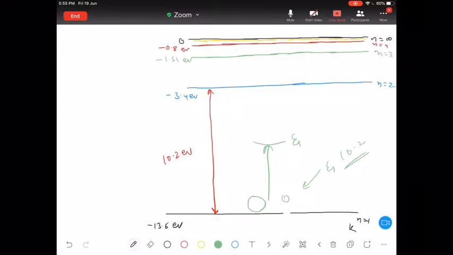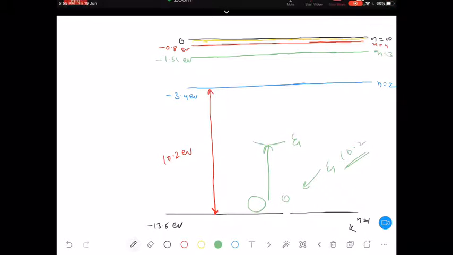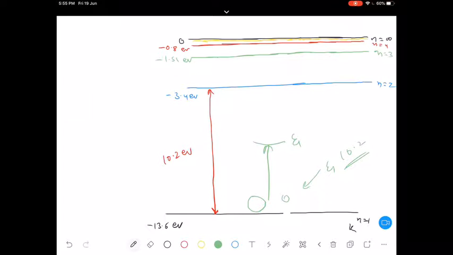Here is one important thing which we need to understand. Here comes that important part which I told you at the time of the limitations of Rutherford's model, the introduction of this term stationary orbit. Guys, pay attention here, don't get confused. So here, if I am supplying energy less than 10.2 electron volt, what will happen in that case?